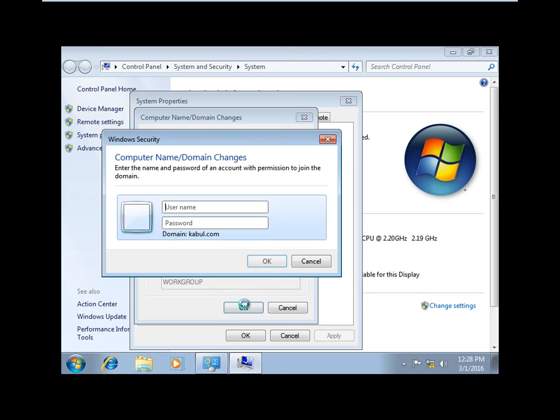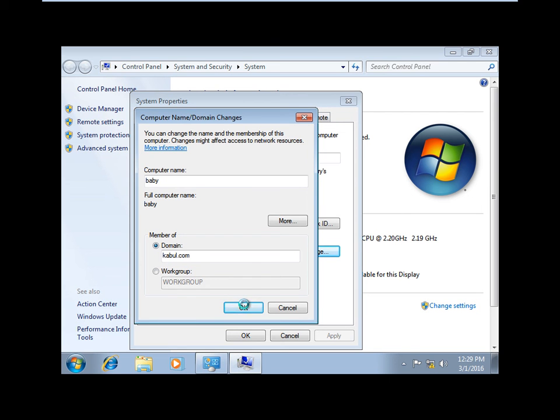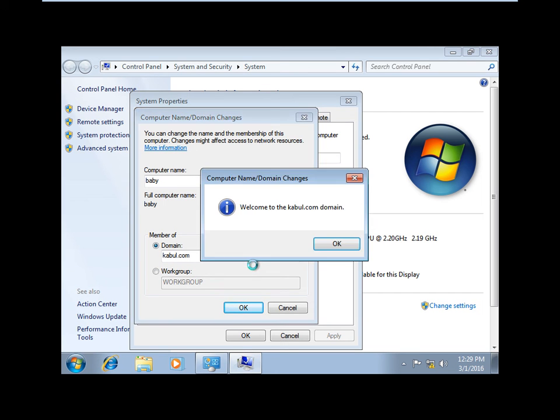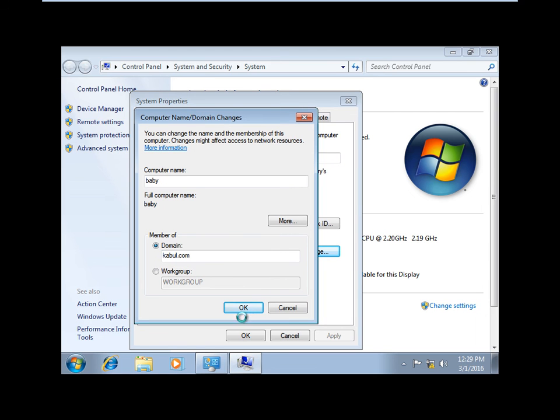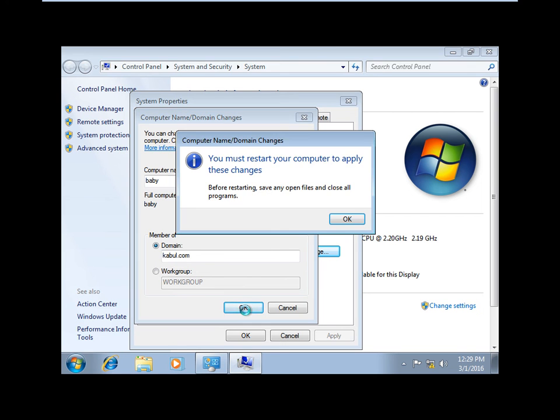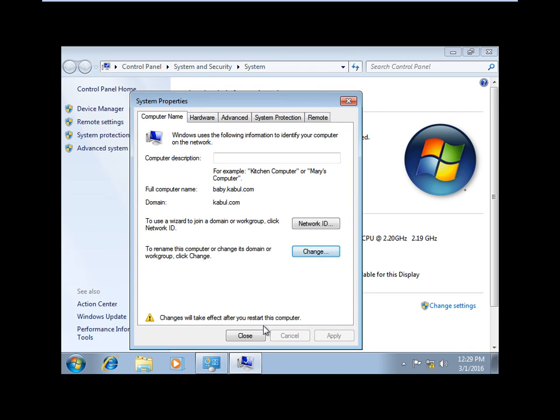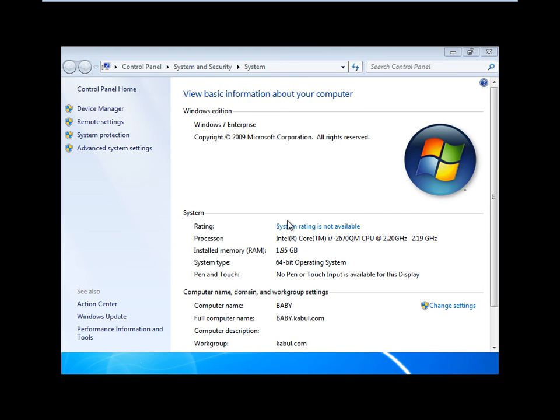Connect. Administrator, password @123. So reboot this device. Restart now.